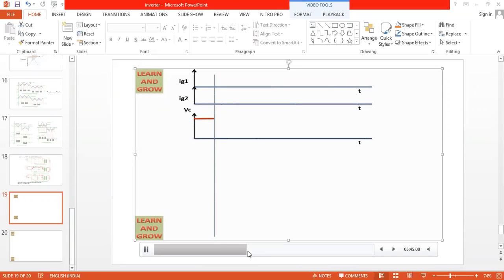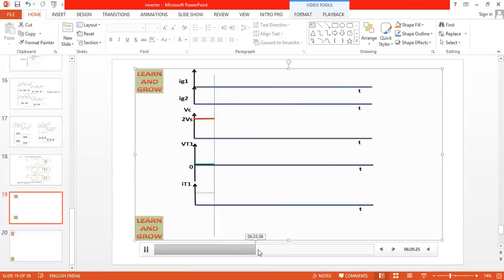As the capacitor, yes, you can see the capacitor is charged to 2 times the voltage. When the SCR is on, what is the voltage across the SCR? 0. When the SCR is on, it is just like a copper wire, therefore its internal voltage is 0. So these 3 waveforms you can show in the examination, but still the off waveforms you are going to show. Forget about IT1, and the output voltage is equal to the source voltage. Let us move on to mode 2.